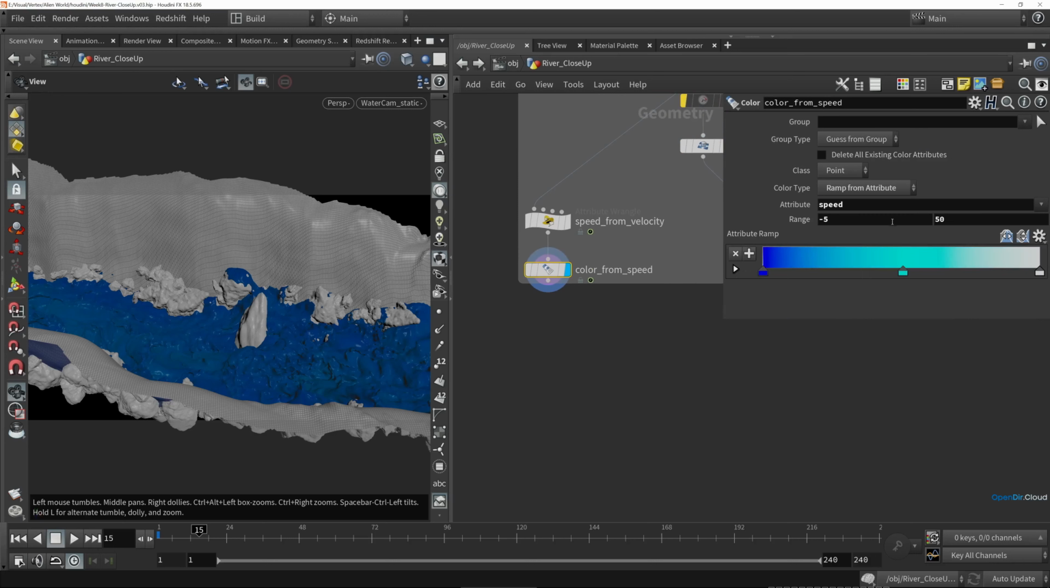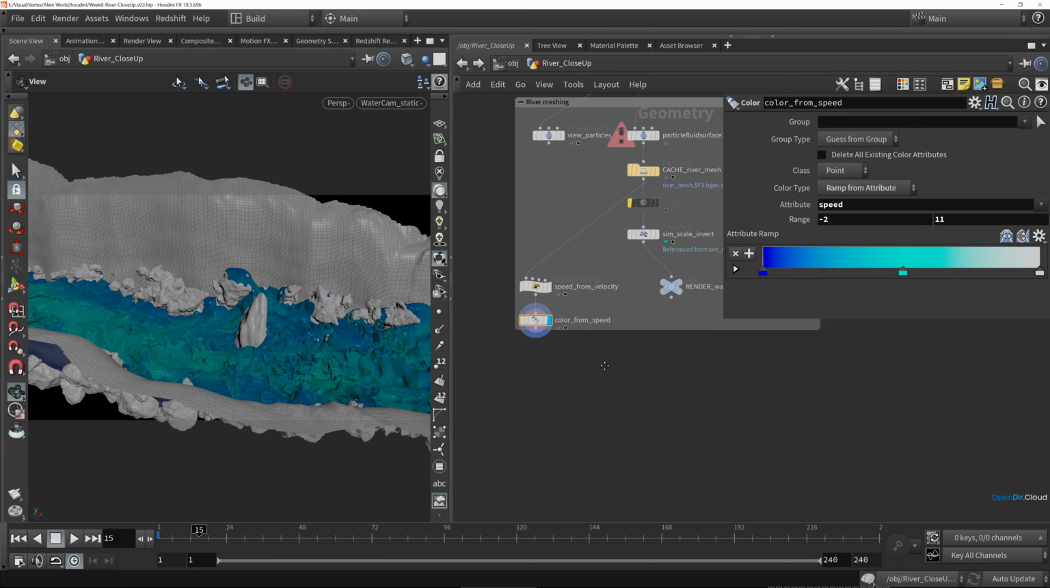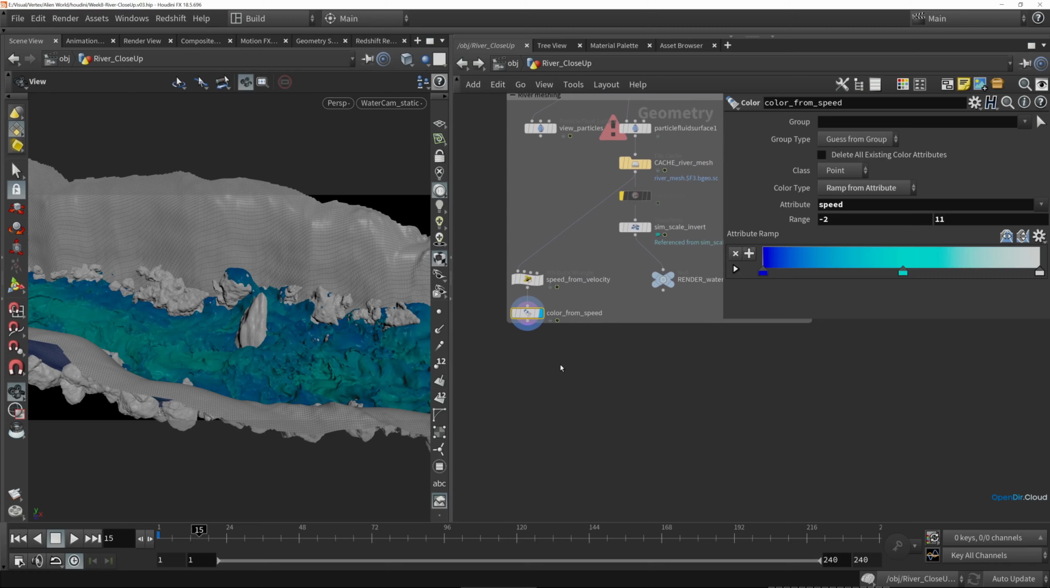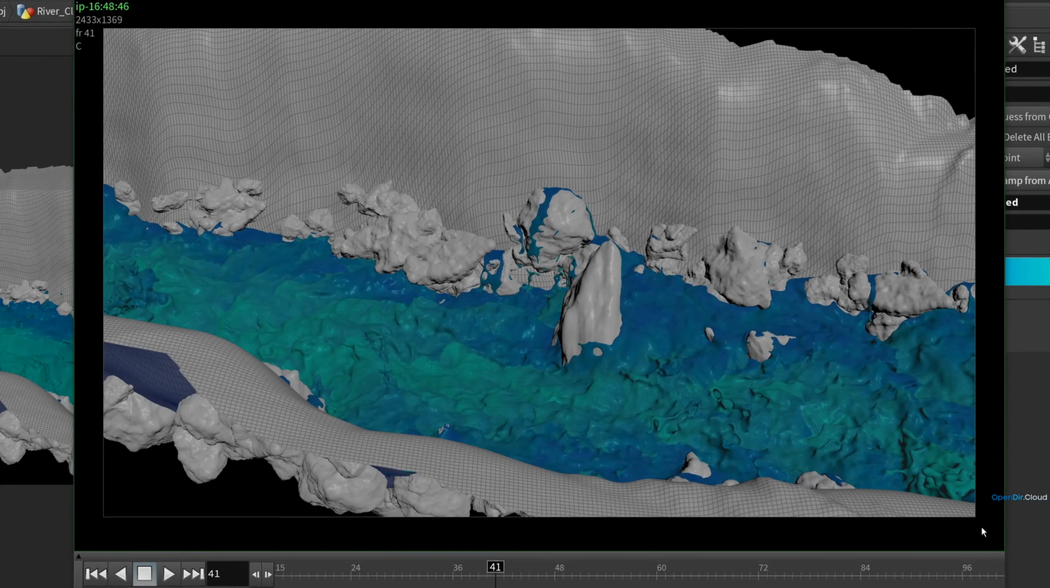but I'm going to modify these colors a bit, just to make this look nicer. I'm going to turn down this color range. In this case, it looks like applying that color ramp across speed values from -2 to 11 looks pretty nice. So we can run a flipbook based on this. And after flipbooking our cached out render mesh,